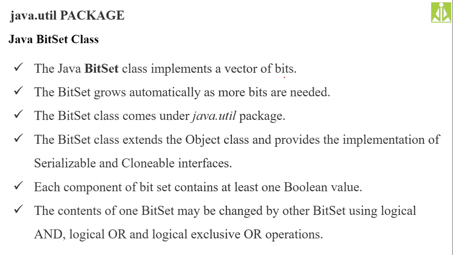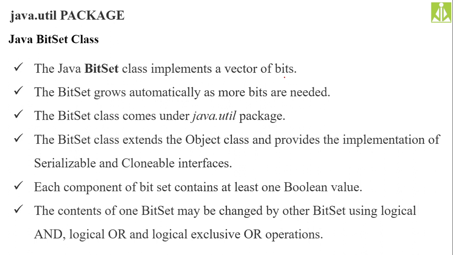So if you see the declaration of this class in your Java docs, you can come to know this. Our bitset class is extending the object class, and it is implementing the serializable and clonable interfaces. These clonable and serializable interfaces, as we already know from the serialization concept and the object class cloning concept, we said these two are simply marker interfaces. They are not going to have anything to implement.